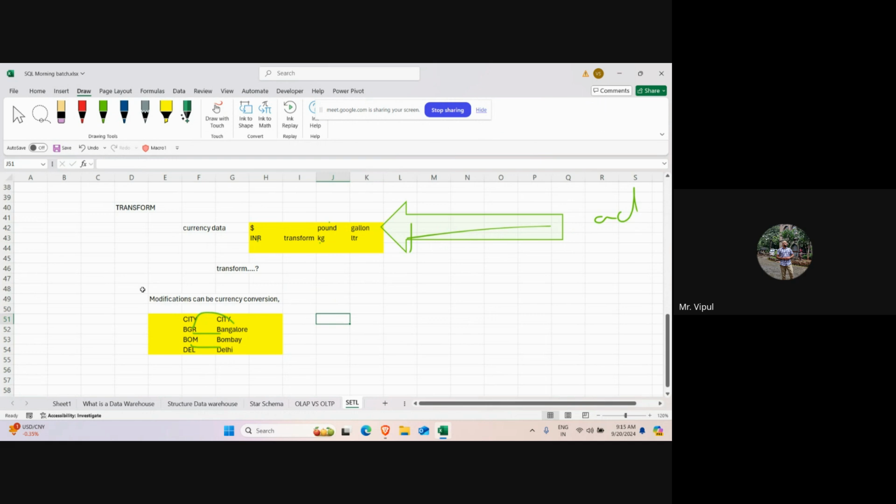Similarly, the transformation activity as well can happen in many different ways, right? As I said, if the data is being received by you in Excel, then you might probably be writing a whole bunch of Excel formulae to transform the data, to massage the data into the form that you want, right? On the other hand, if you are using any other tool, now there are many transformation tools